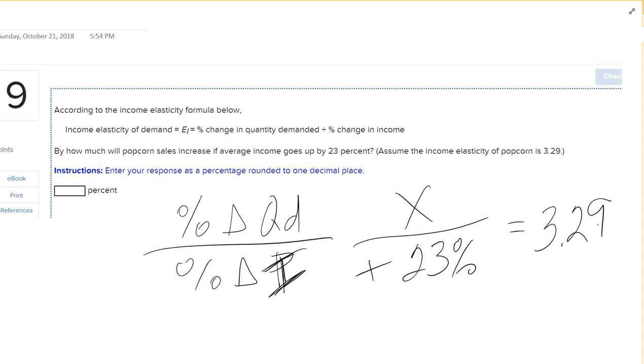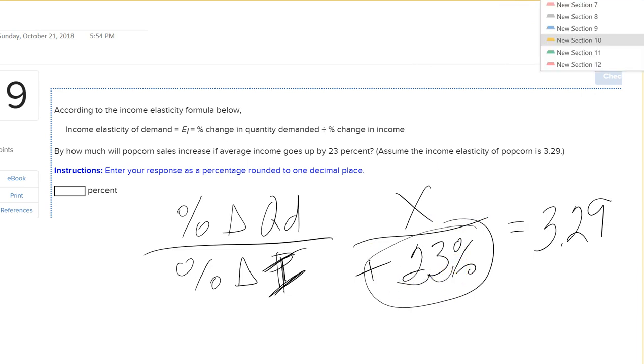So this becomes a process of solving this algebraically. And what you can probably see is, to get that out of the denominator, you multiply both sides by the same thing, and voila. Should be pretty manageable. Don't forget, when multiplying by a percentage, you move that decimal 2 places over to the left. So watch out for that.